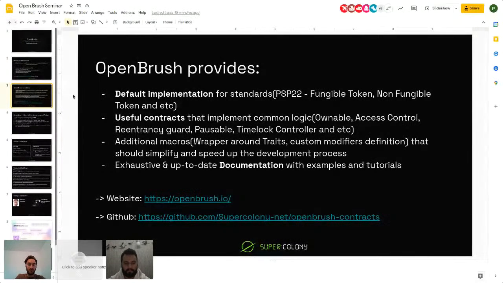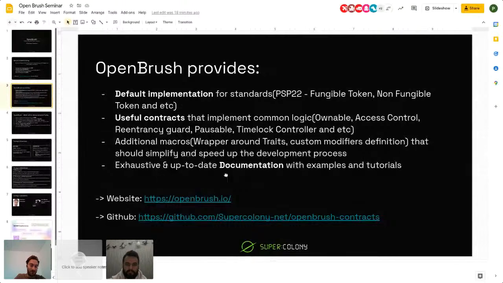Useful contracts that implement common logic, inspired by OpenZeppelin, enabling access control and guard and so on. Additional macros, wrapper around traits, we'll talk about it, and a custom modifier definition that should really simplify and speed up your development process. And also exhaustive and up-to-date documentation.